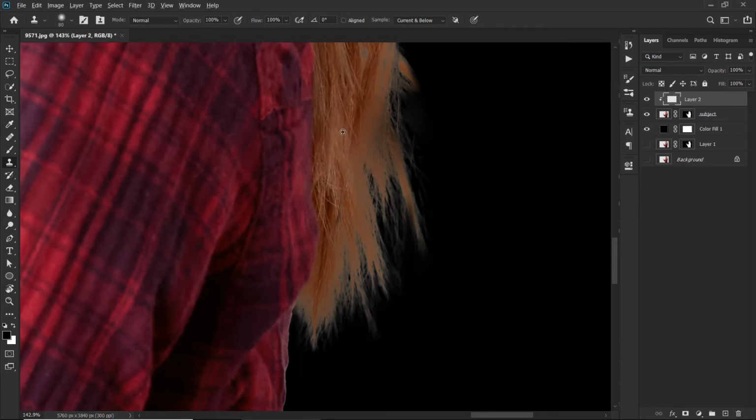So press and hold Alt and click on this area to take a sample, and it will show you the output, the end result, what you will get after clicking on it. So just single click and see the result. You can also click 2-3 times if you want a good result. And let me just click it again.